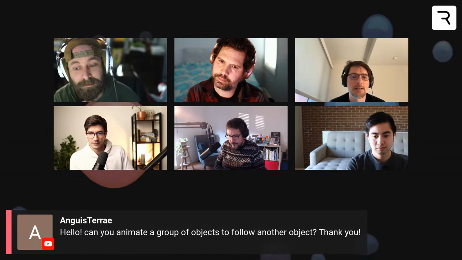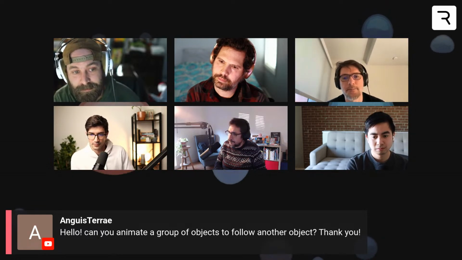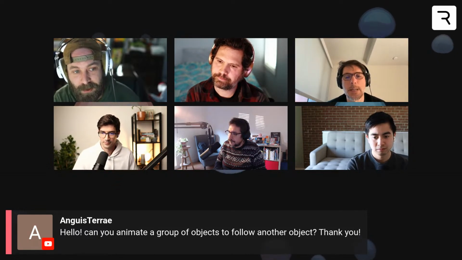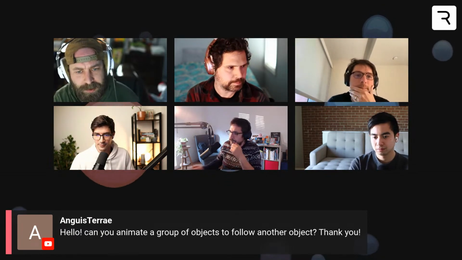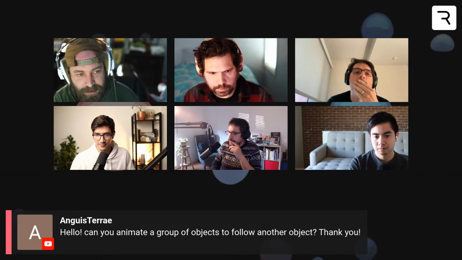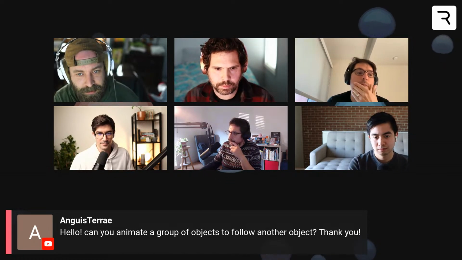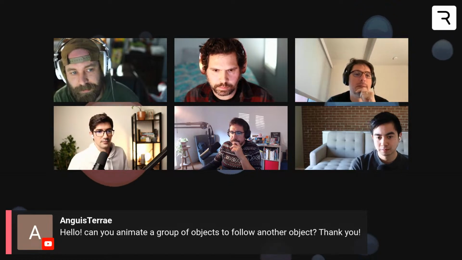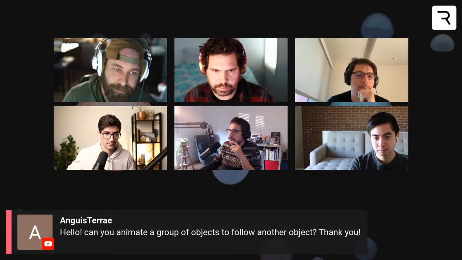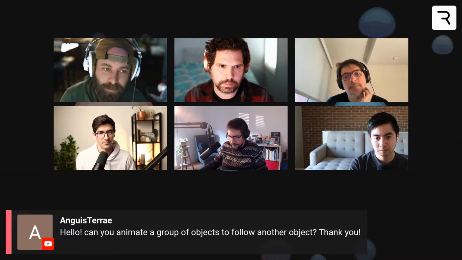The follow path constraint is what we're looking at in the future. For a few things, you can use the distance constraint, but it always depends on what you want to do. It's not a follow path.